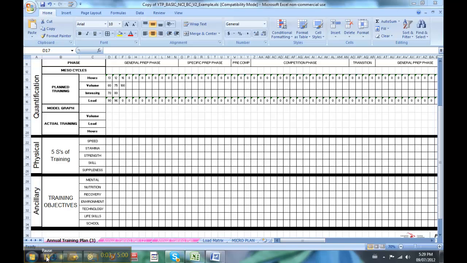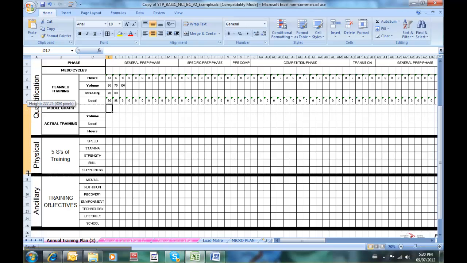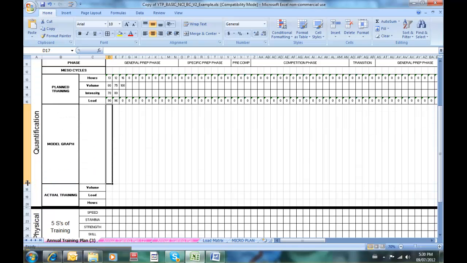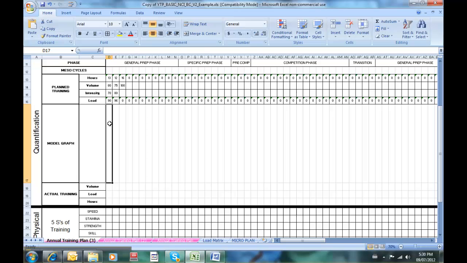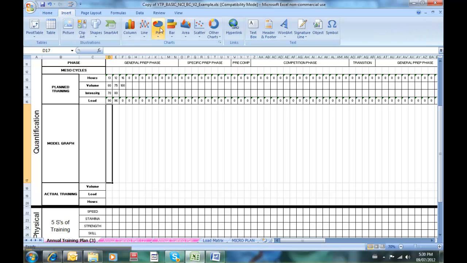I'm going to create my graph based on the volume, intensity and load indicators that I've inputted into my training plan. First thing I'm going to do is just open up this row a little bit simply by going to the far left hand side and drawing the row down. I'm going to select one of the cells here and simply go up into Insert,